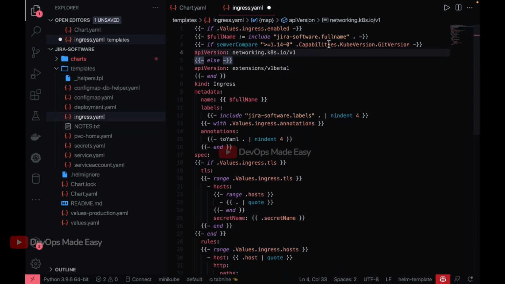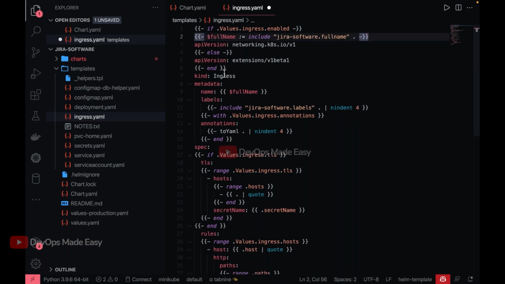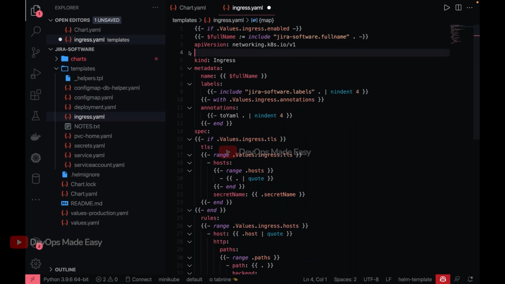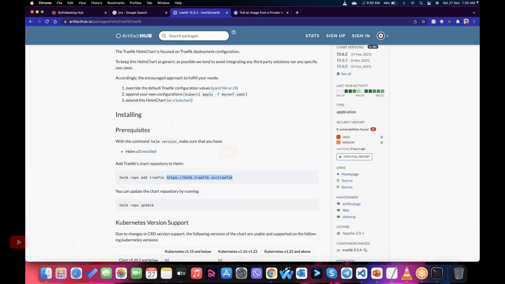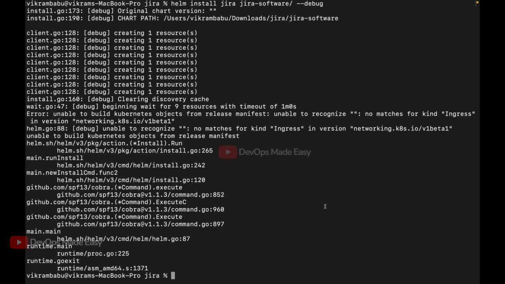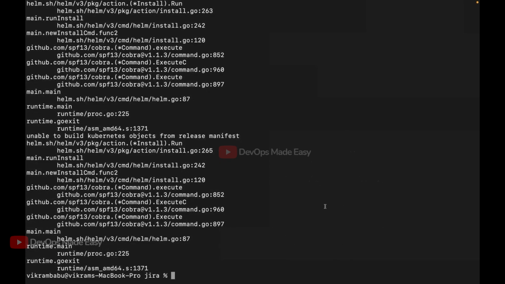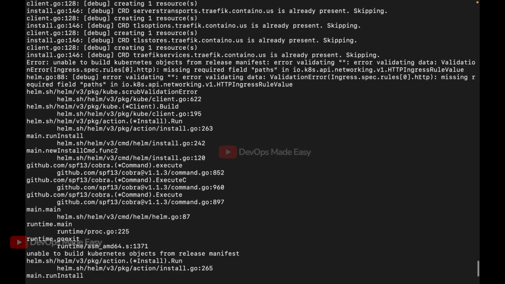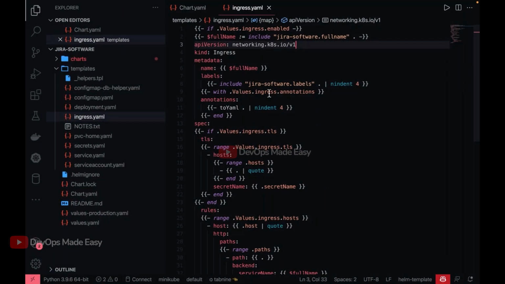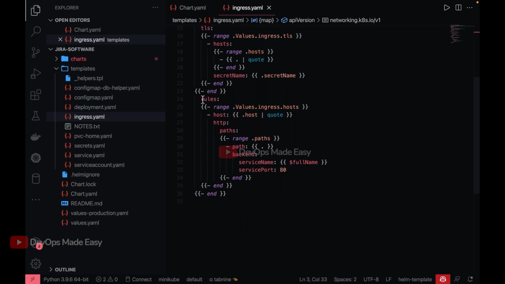I'm also going to remove this Kubernetes version if condition, this if condition and the complete block till the end. I'm going to put only one API version, which is networking.k8s.io/v1. Just save this chart and try to install it one more time. Now it is saying validation error, ingress spec rules HTTP missing required field paths. So the required field paths is missing, and as you see, these rules are from the older version,